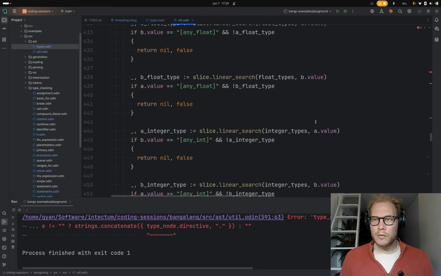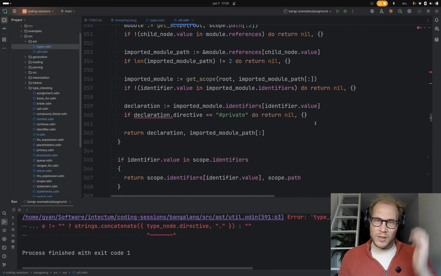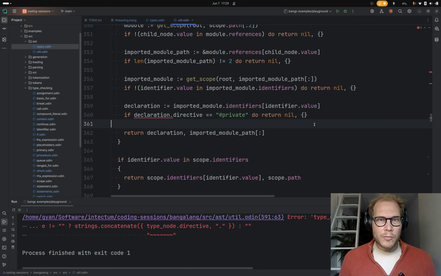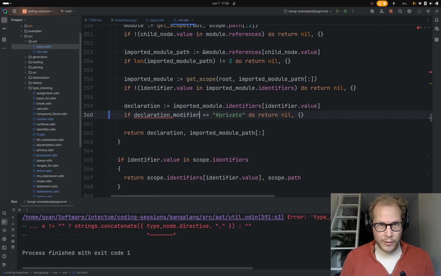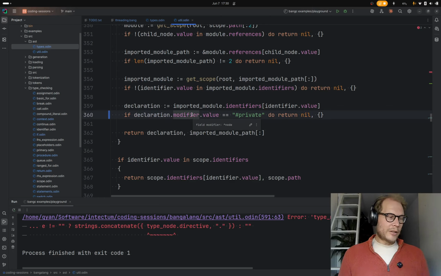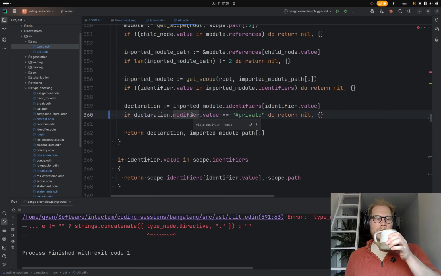All right. Now we want to know whether it was hash private, so I guess the modifier could be nil. Do we want like a...